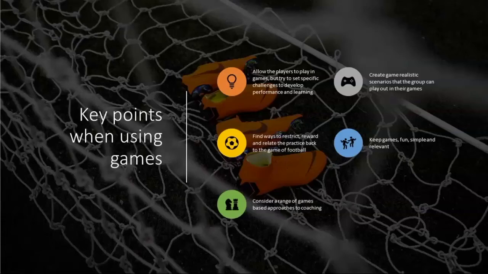Yes, fantastic comment coming in about taking a player to the side and setting them an individual challenge. Brilliant. So I had a staff training day in my old job at Arsenal, and one of the people on the other team, Harry might actually be in the call, was challenged that if he nutmegged someone during the game, he scored an extra goal for the team. His team knew about that, but nobody on my team knew. So we got really good throughout the game at trying to spot what people's individual challenges were. How competitive can that get as well? So you can set individual challenges to almost dial up or dial down the level of challenge for the individual.